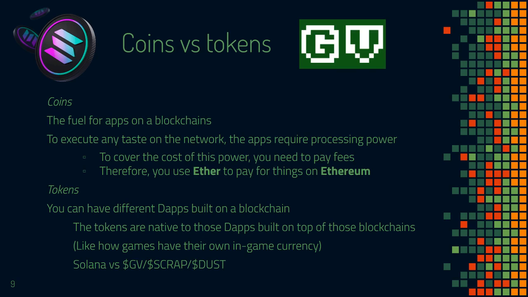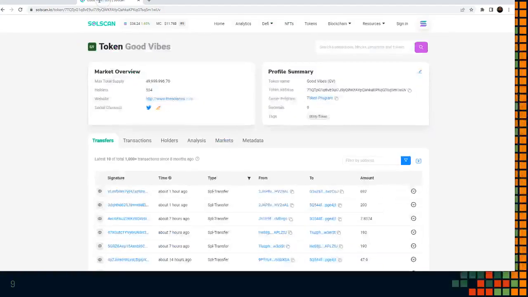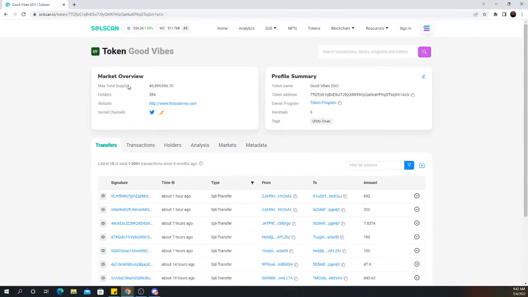I'll go ahead and just very briefly get into that since we have time. This is an example of a token, and you'll notice a few things here. There's a max token supply, and this is talking specifically about tokens, but you'll notice that this is, first of all, a fungible token. I know that this is a fungible token because while we have this token address, we have this many of those tokens in circulation.